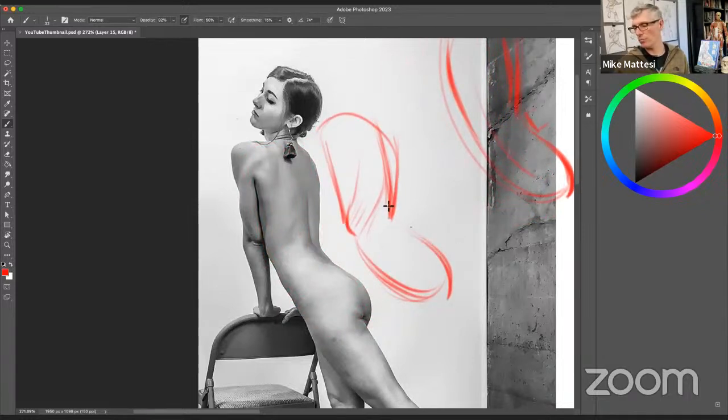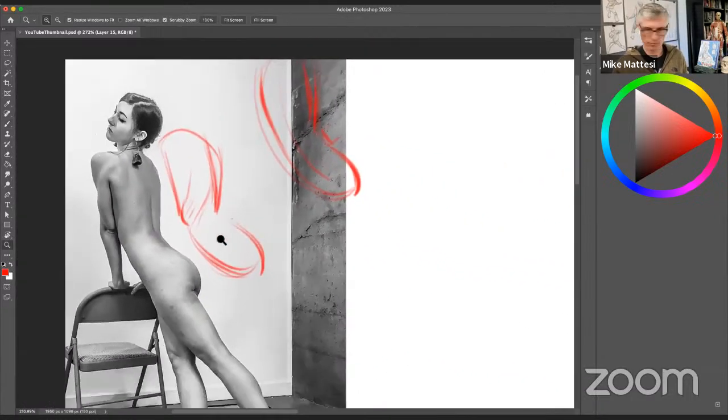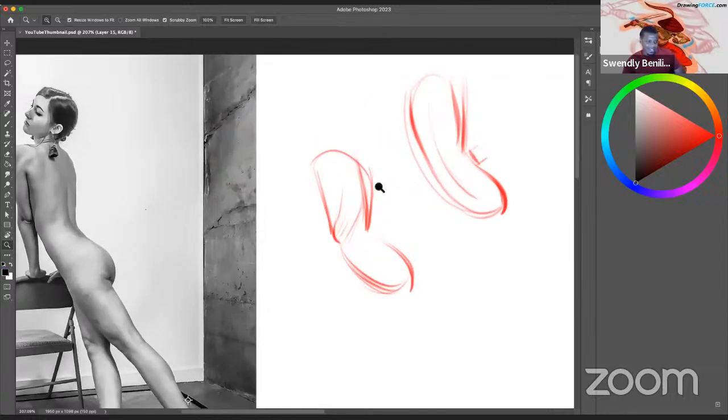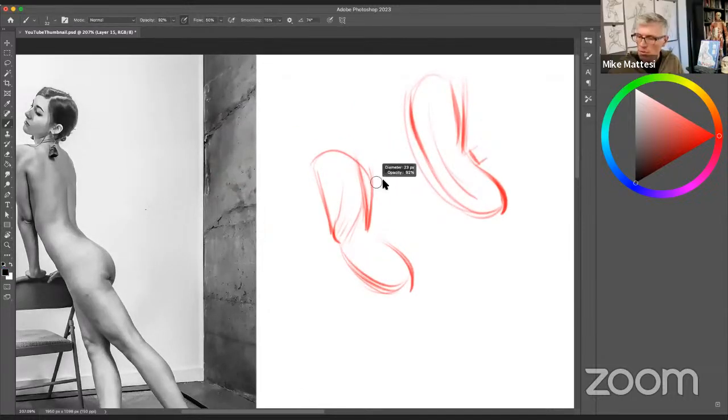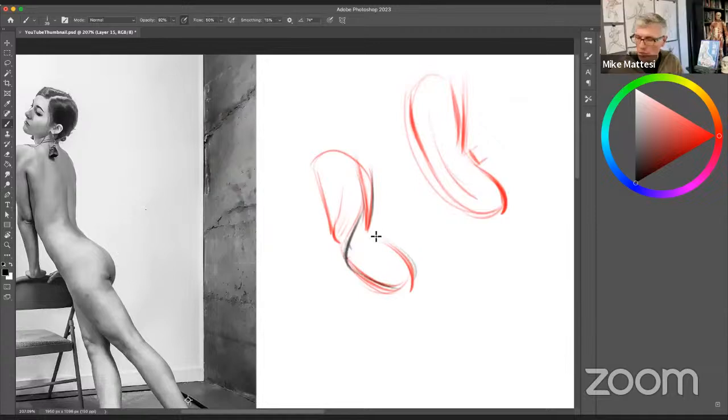I'd love to hear from Swanley and Matunjay. What is your call on this one? I've drawn it as an S curve. It seems like the front of the chest is straight. If I look at the shape of the upper torso, it looks like an S curve, and that flows nicely into the shoulder and the head and neck. So I've drawn it as an S. So you've done this. Yes. Right. Okay. How about you, Matunjay?